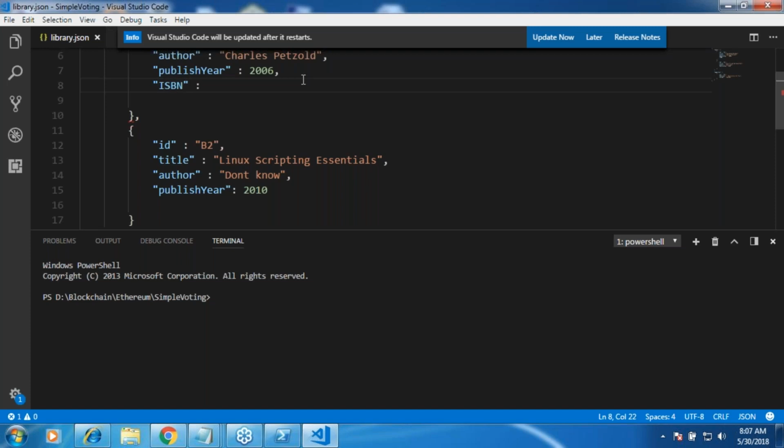Okay, it will have some ISBN number, whereas this book doesn't have an ISBN number. That is absolutely possible. So for the second book, the ISBN number is null or empty. That's how your programming language is depicted. So you might have some properties, not every property different. If every property is different, it doesn't make sense to be writing it in the same book section. It might have some extra properties, that's fine.